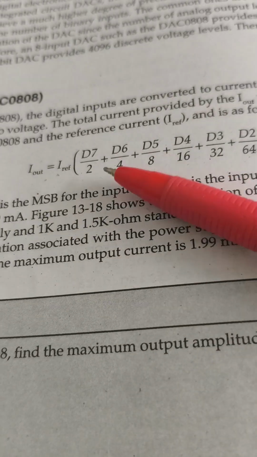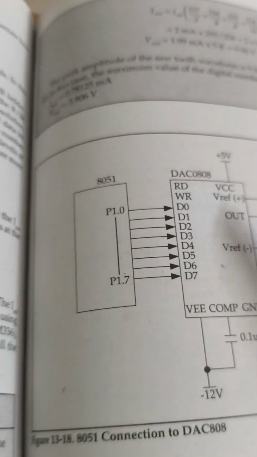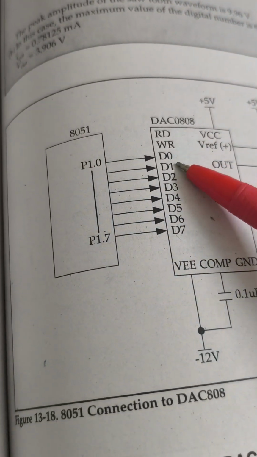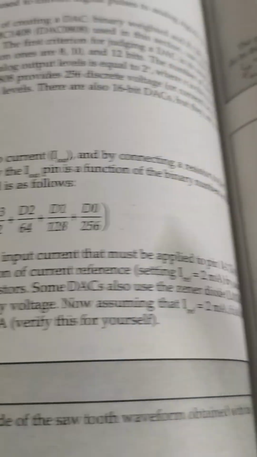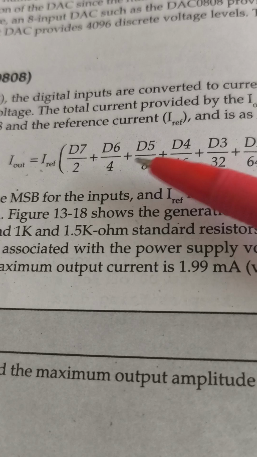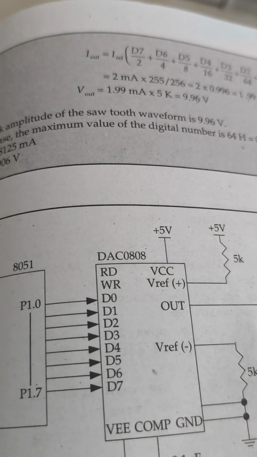Then these are the bits we give from the microcontroller to the DAC. Even if all are 1, then 1 by 2, 1 by 4, 1 by 8, when we add those, the result will always be less than the